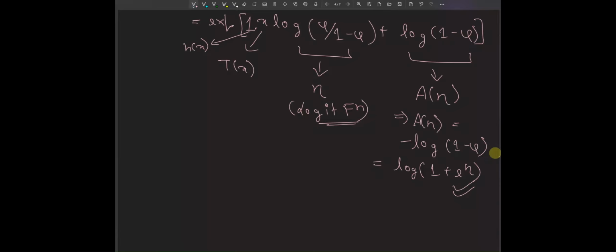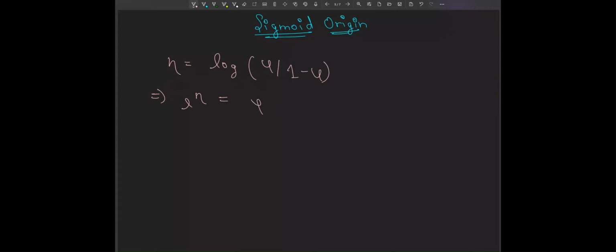Now, here's the part that's going to surprise you. What if we go backwards? What if we start from eta and ask what is the probability phi? So this will give you the answer for how sigmoid function came into existence. Let's see that. We take eta as log (phi upon 1 minus phi). Then we take the exponential both sides and we get